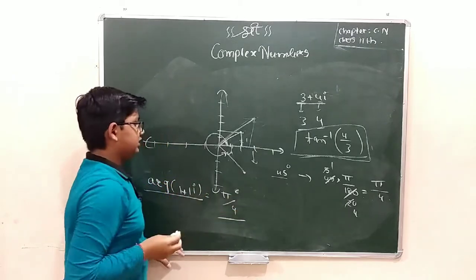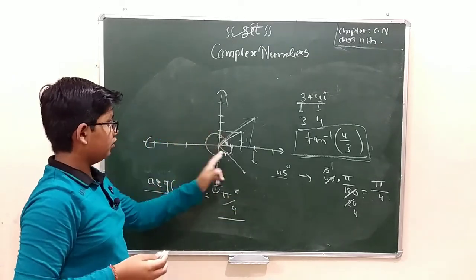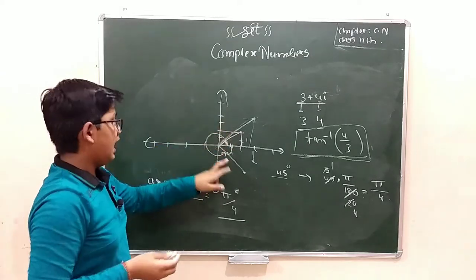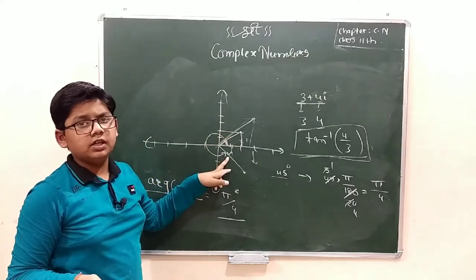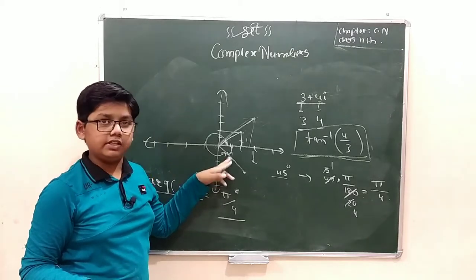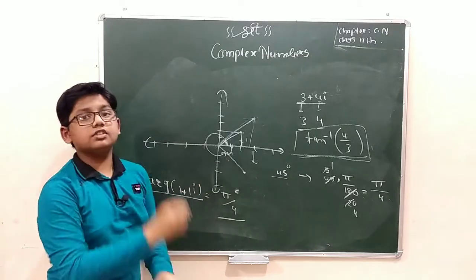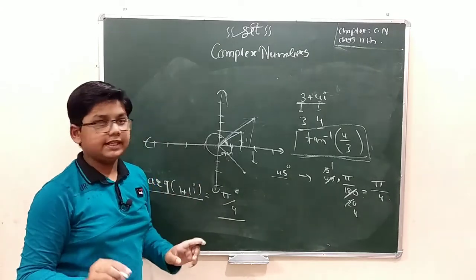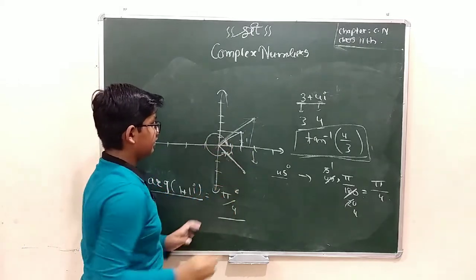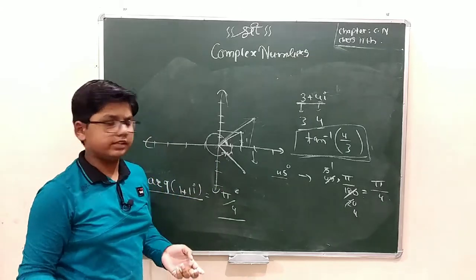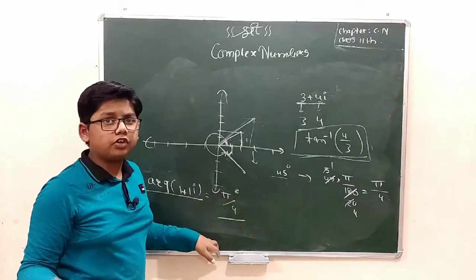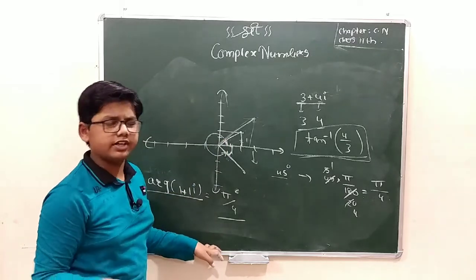Now you may have the question that suppose I start from here and go till here, then this angle will be positive. This angle will be negative. The measurement will be the same. But what if we take that angle as the argument and substitute the value and then find the value? Then the answer in both cases will be equal, because both of these represent the same angle. Positive also, negative also. By this we can take the argument of a complex number lying in the fourth quadrant, third quadrant, second quadrant, or first quadrant.